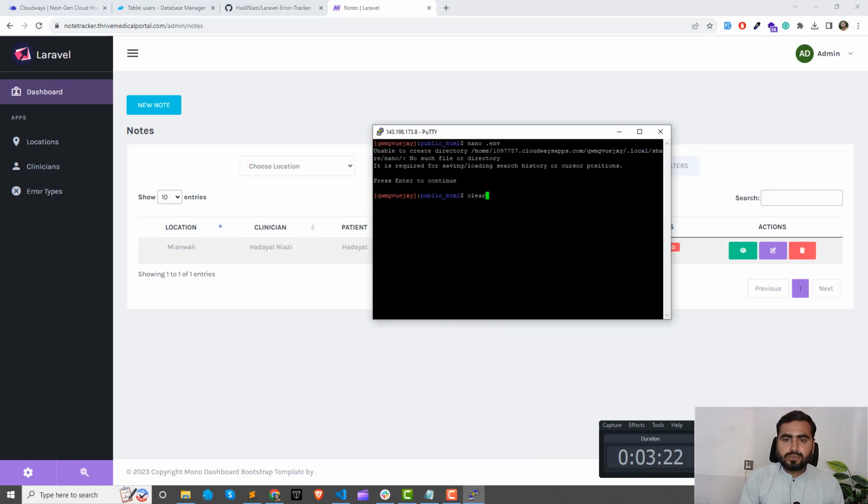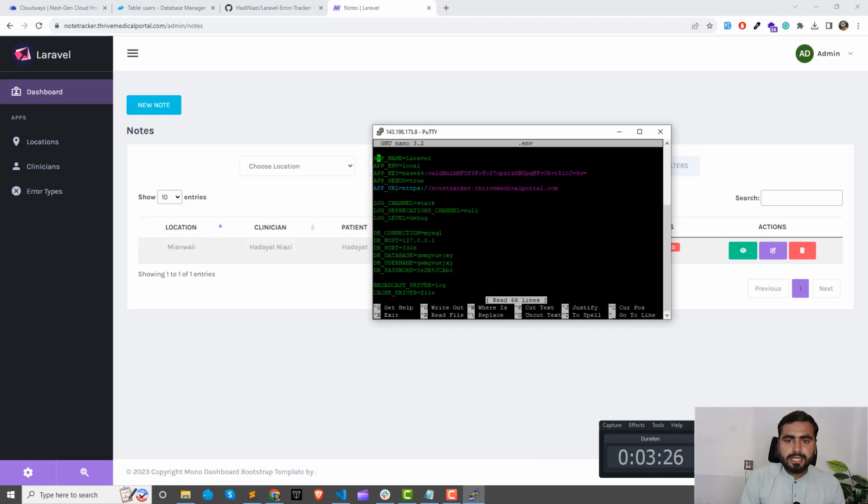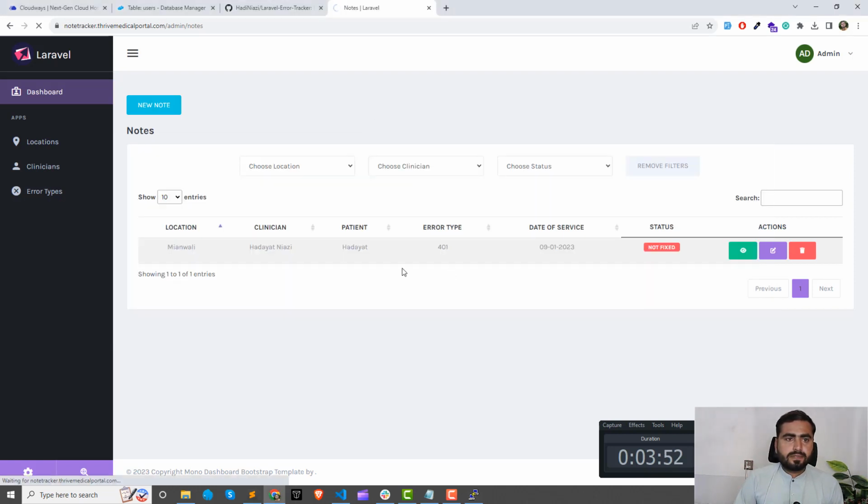So again, go to this nano .env, enter. My application name is Note Tracker. And if you have two words, make sure to add them in quotes, otherwise your application will stop working. Note Tracker, a Note Tracker. Okay, Ctrl+O, Ctrl+X. Let's refresh,